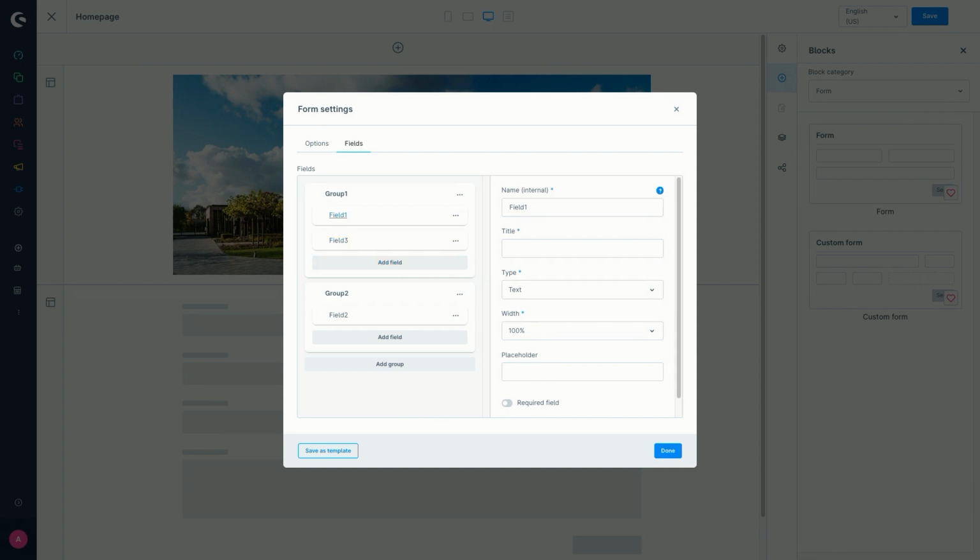And now let's work on the fields properly. In our example, I want to create a returns form. So we need fields for the customer name, the address, and the order number.